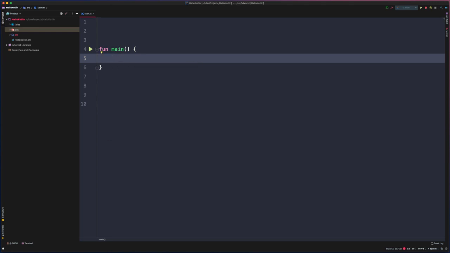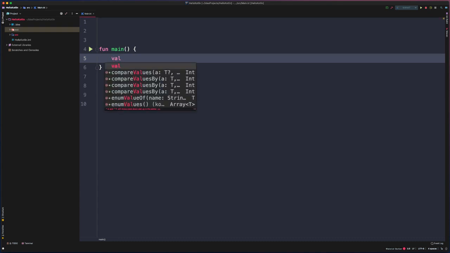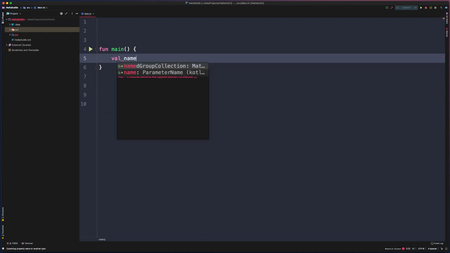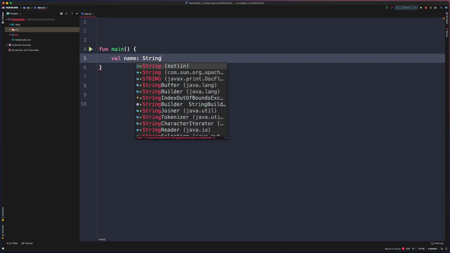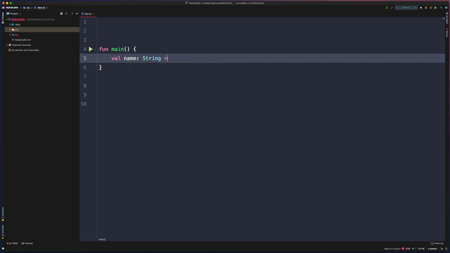So to define a variable, we can use the keyword of our choice. So in this case, we'll use val. Then we'll define the name. And then we need to indicate the type. In this case, I'll say a type string. And then you can use an equals, and then you can assign the value to this variable. So in this case, I've defined a variable called name of type string, and then I've assigned the string literal